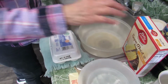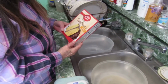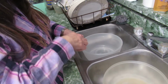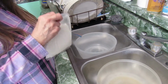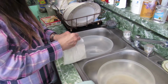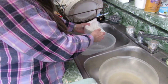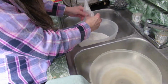Okay, now today we're going to make some chess bars, and most people have probably heard of them. We'll start out with a box of yellow cake mix. That's going to make your cookie crust. When you actually mix these up, in your bowl here, you're going to put just your plain dry cake mix,